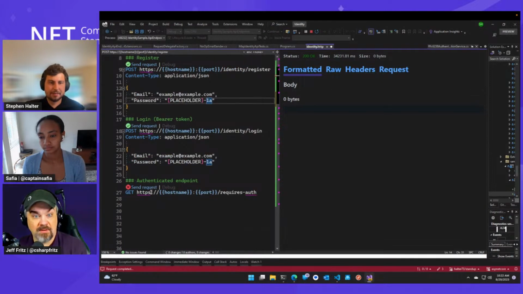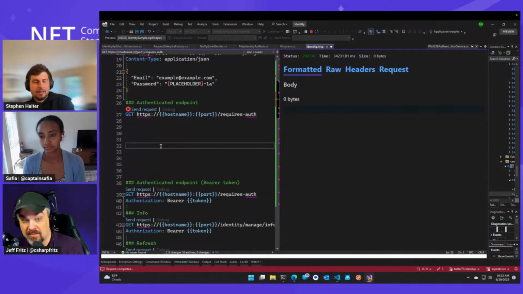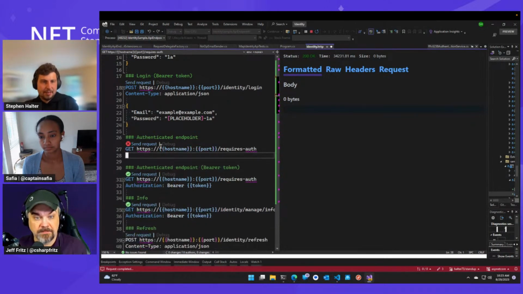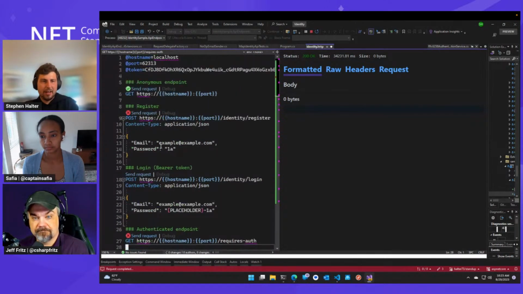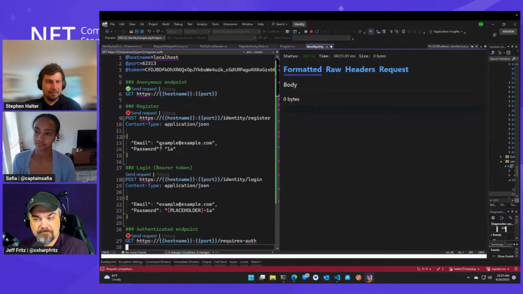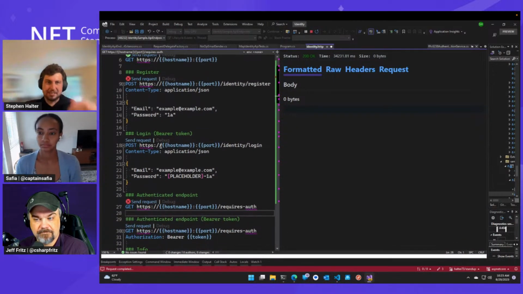Right, you'd want to be able to log in with your Microsoft account, your GitHub account, your Google account. Absolutely. Exactly. And Identity UI supports that, so the system supports that. But MapIdentityApi with the login endpoints that we have currently does not. But you can call the APIs yourself, and we can get a little bit into how that's implemented.